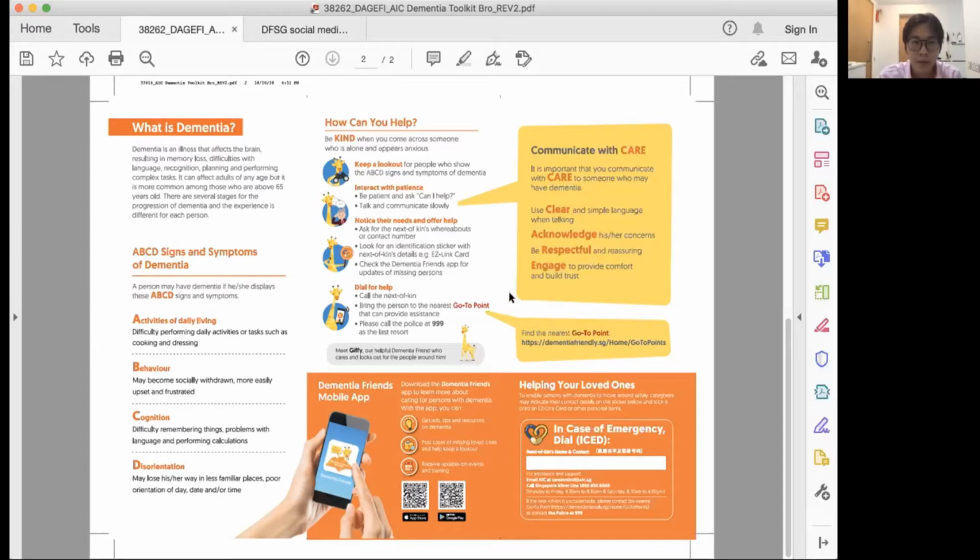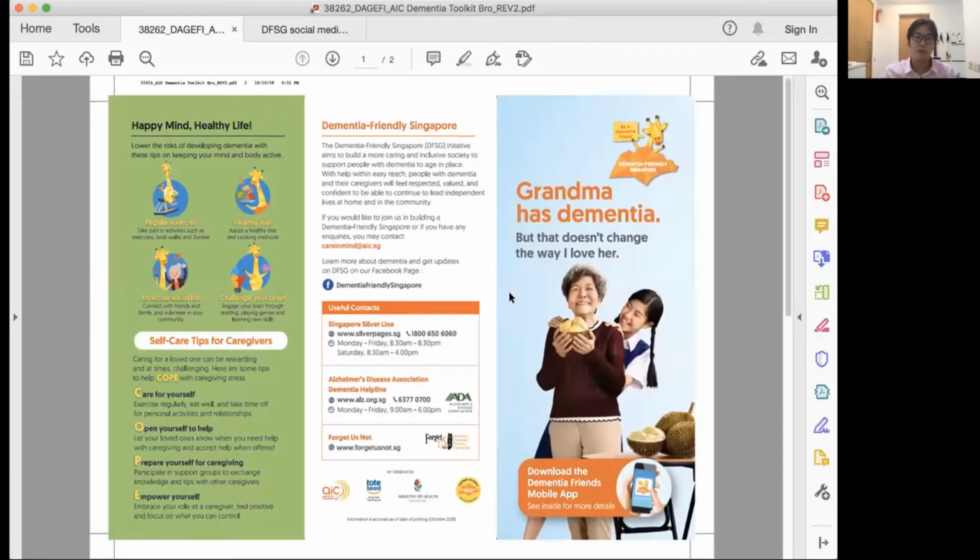Okay, so in Singapore, we are actually doing this Dementia Friendly SG initiative. Of course it's to create awareness of people with dementia and how to make them still be part of society, instead of saying, oh, don't get involved with them and all. Some of the pointers